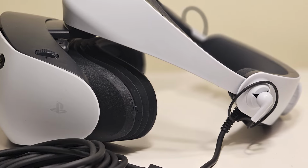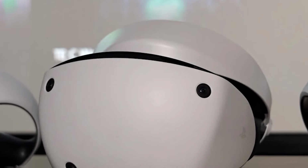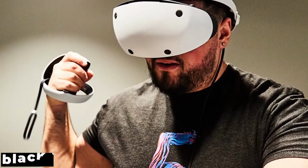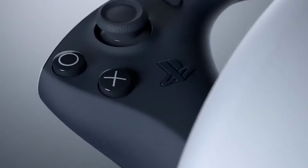cable connecting to the PS5. Because of its connectivity, it can utilize the console's capacity to produce amazing graphics that surpass those of standalone headsets like the Meta Quest 2. The PlayStation VR 2's elegant black and white design, which complemented the PS5 well, is carried over from its